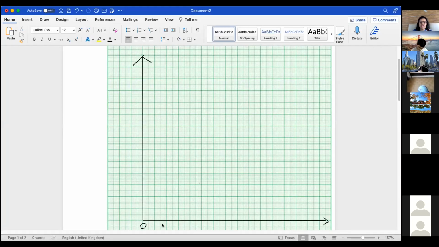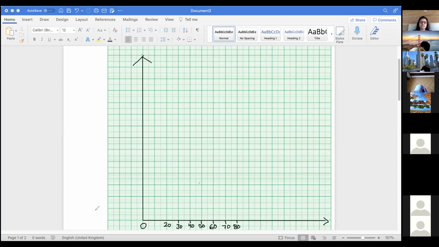So 20, now you know that if each box is 10, so this will start from here: 20, 30, 40, 50, 60, 70 and 80. I have taken one block as one unit as 10. If you want, you can take it as 20 also and draw. So from here to here, you will have a gap.